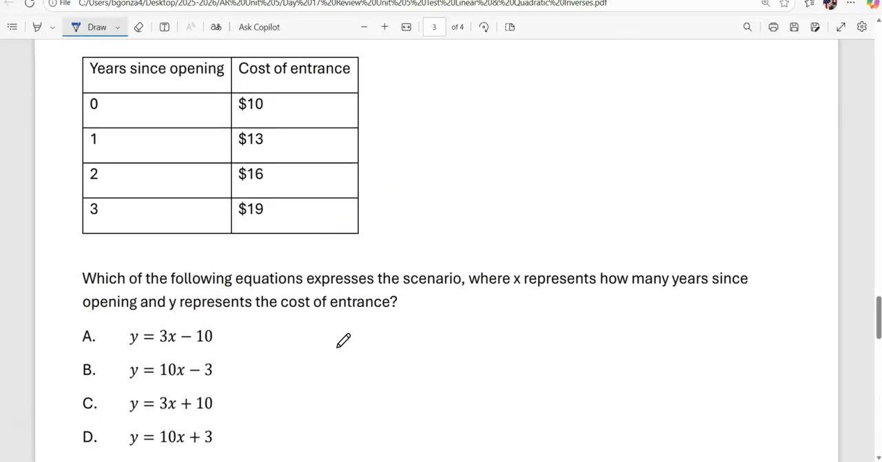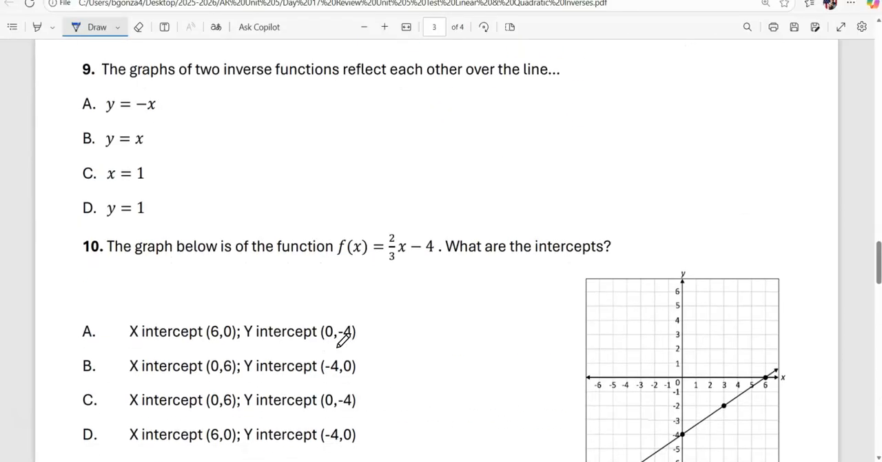Okay, couple more here. The graphs of two inverse functions reflect over the line. So whenever you have a graph, okay,